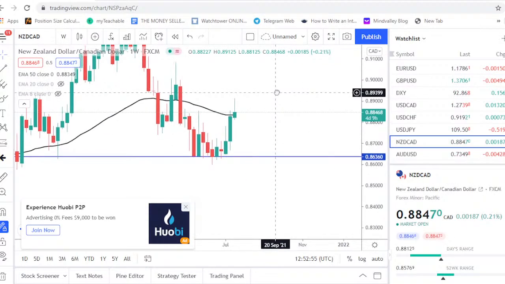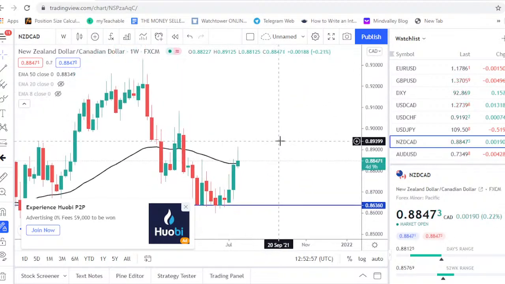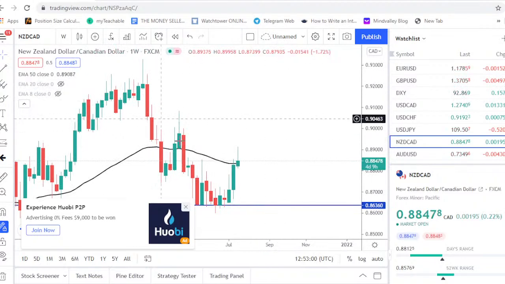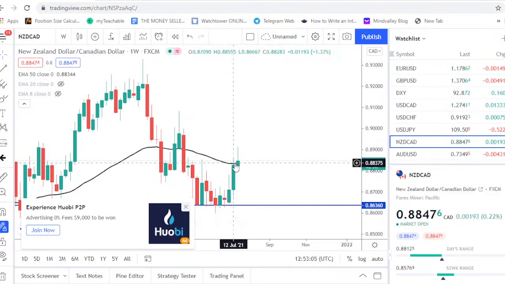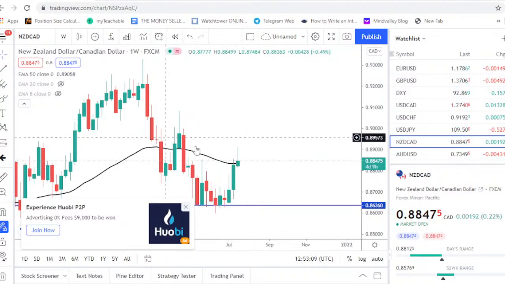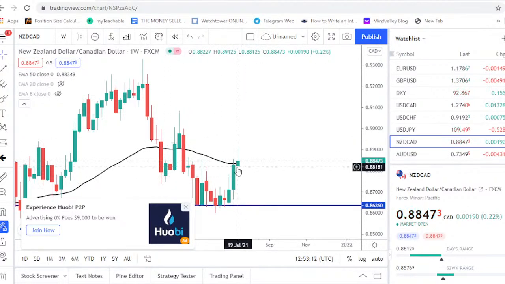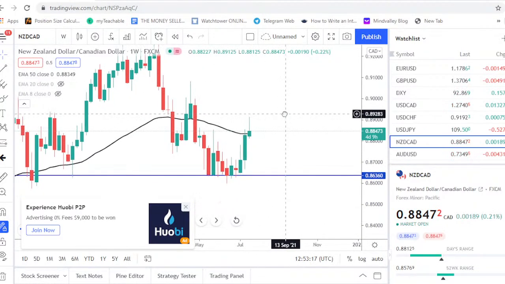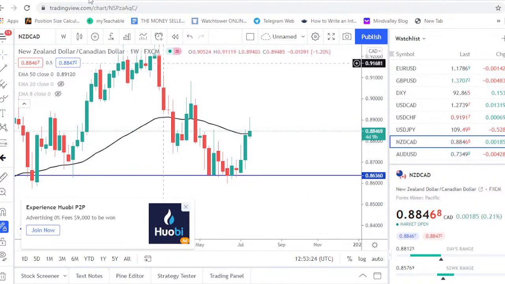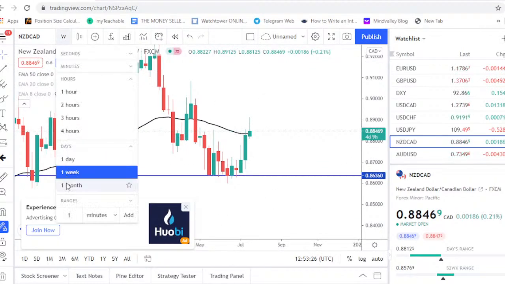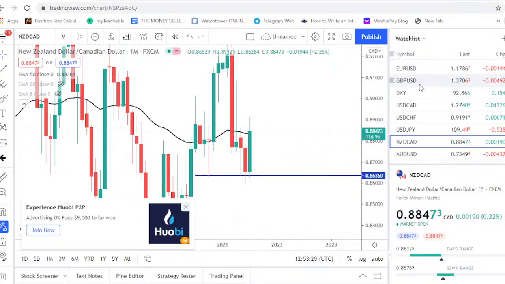And then we have the major trend on NZD CAD. Looking at it from the weekly, it has been downtrending, and then we had this huge bullish candle closing around the 50 moving average last week, and this week has pushed above that, but it is coming back down again. The major trend remains down, and until we see a close above this area, we will not look to go long again. For now, my bias remains down, but let's look at it on the monthly